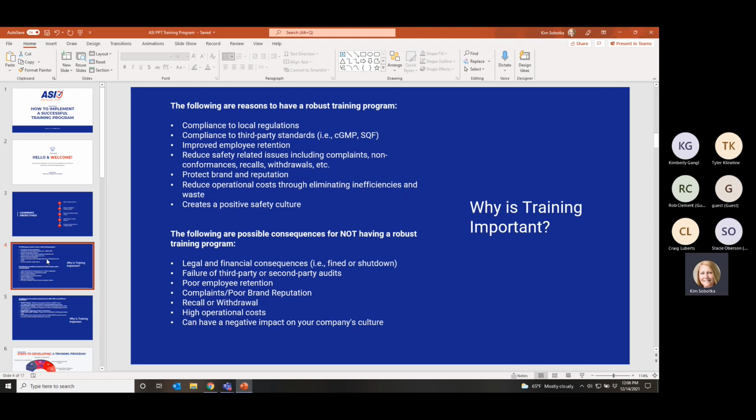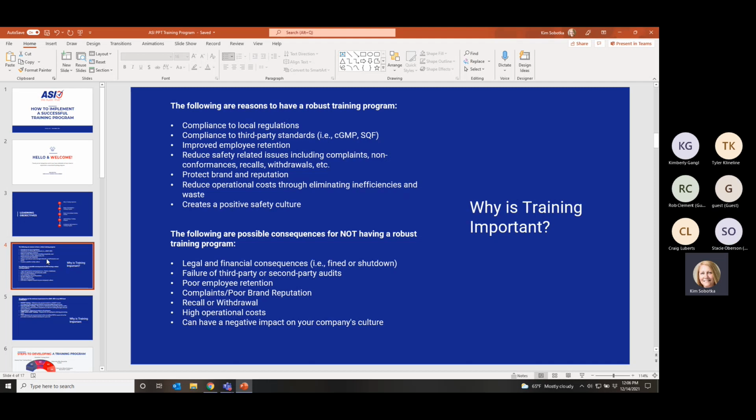Having a robust training program does improve employee retention. Obviously, when you hire somebody and you train them and give them the tools, you're investing in them, to basically support the company in their path to providing a safe product. So it helps with employee retention. If I'm hired to go in and do a job and there's no training or work instruction on my specific job, or training on where I can eat and drink, or where I can go to warm up my food without a problem, that's going to make me be like, well, I'm going to go somewhere that's going to train me a little bit better.